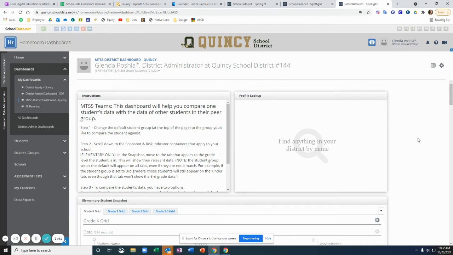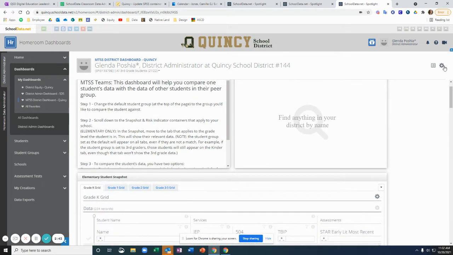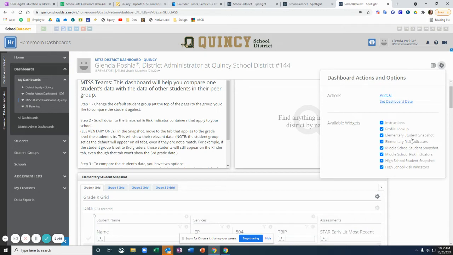Once you've selected your student group, you're going to scroll down, and I'll show you from this little table of contents here. For elementary, middle school, and high school, there are 2 containers each. One is the student snapshot, which teachers and specialists have on their own dashboard pages. It's the same thing. And the next is the risk indicators, which is the same container that everyone has on their own dashboards,